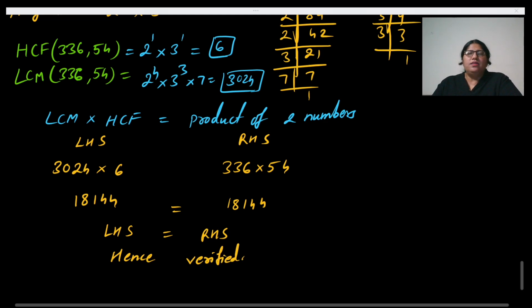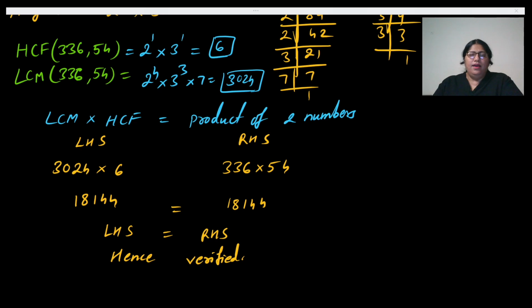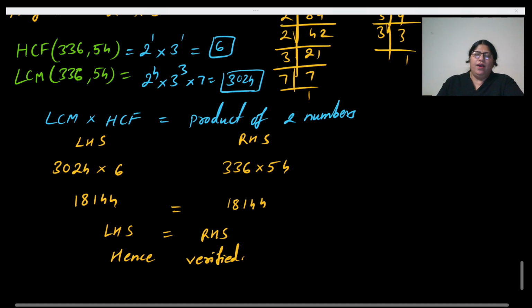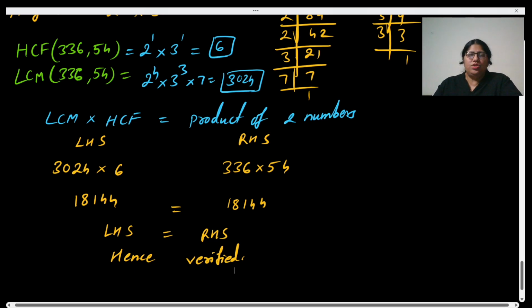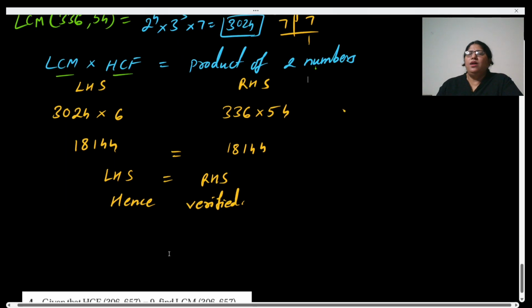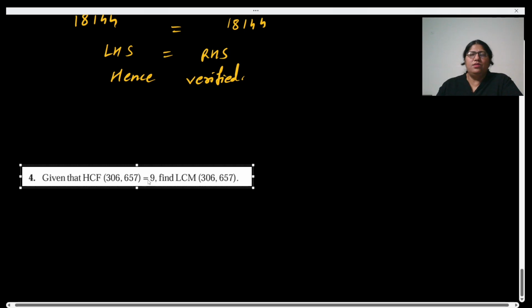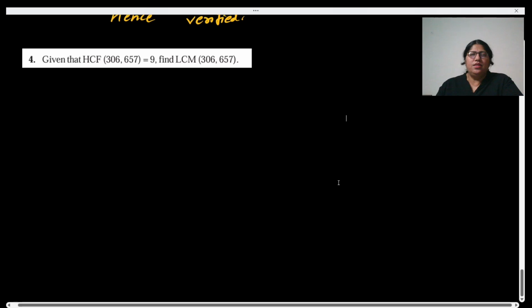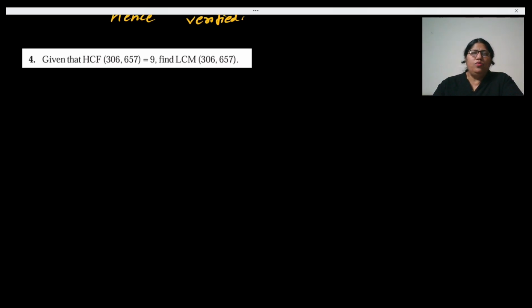Okay, now where else do we use this relationship? Generally, you will have MCQ, multiple choice questions, where you will use this verification rule to find out the unknown value. Now, if you see in this question, what are the four values there? This is LCM, HCF, and the two numbers. If any one of them is unknown, we can use this relationship to find the unknown value. Now you can see that this is the fourth question. What is given here? Given that HCF of two numbers is 9 and LCM you need to find out.